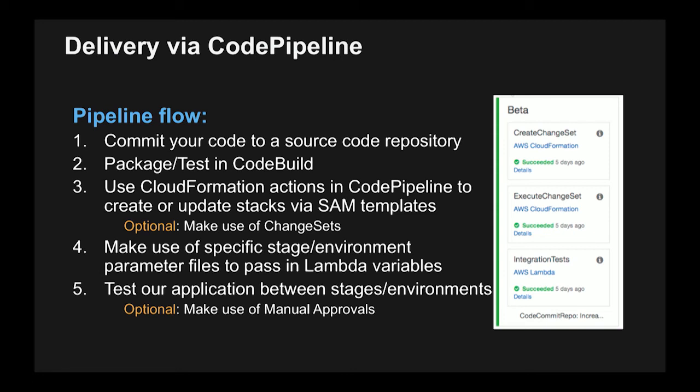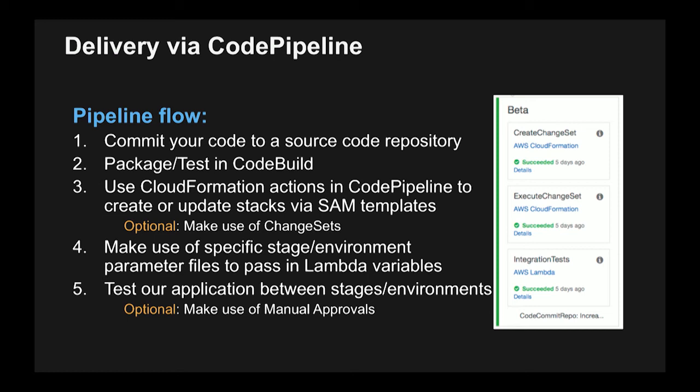This is just kind of like a visualization of this. So it is a visualized service that shows you as an execution is happening what the flow is of what's going on. And so if we want to think of a really basic kind of pipeline flow, we would commit our code. And so CodePipeline is going to be looking for changes to our code. We're going to package, test, and build that in CodeBuild. From here, then, we'd want to use something like CloudFormation to deploy a SAM template to deploy our Lambda functions and our Lambda code. Maybe we want to make use of something called change sets, which allows you basically to do effectively a dry run to see what's going to happen or what's going to change.